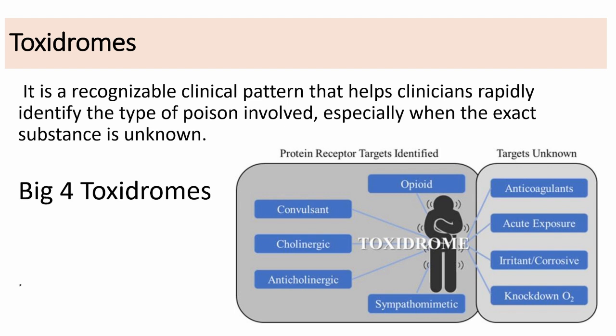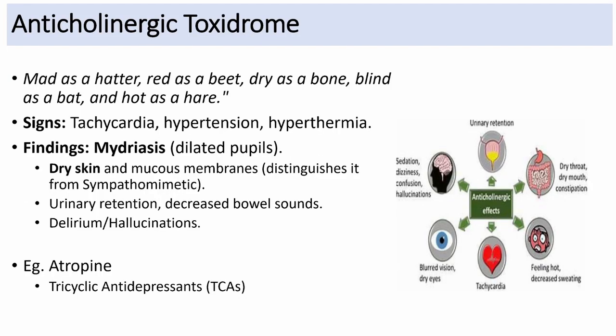So there are different toxidromes. Most of them are the big four toxidromes, as we mentioned: cholinergic, anticholinergic, opioid, and sympathomimetic. Those are the toxidromes we have to consider mainly. I will come to each one by one. Anticholinergic toxidrome: atropine poisoning,